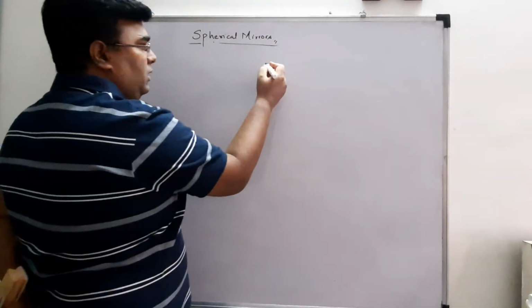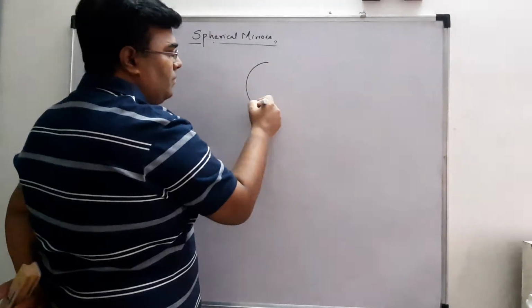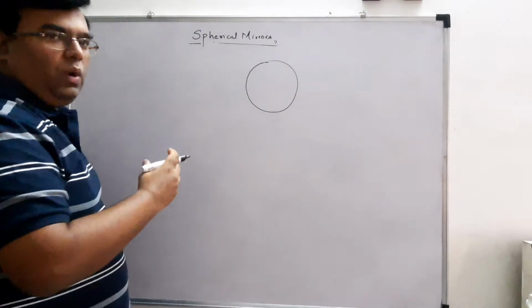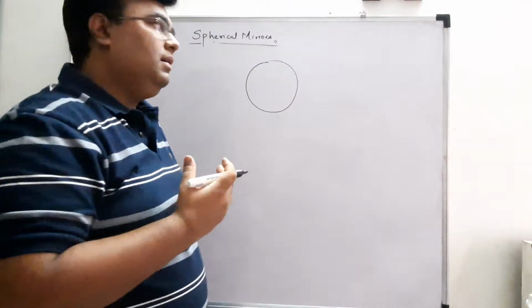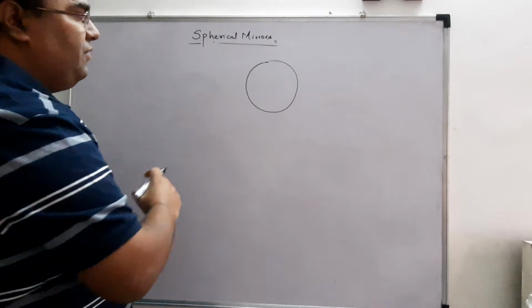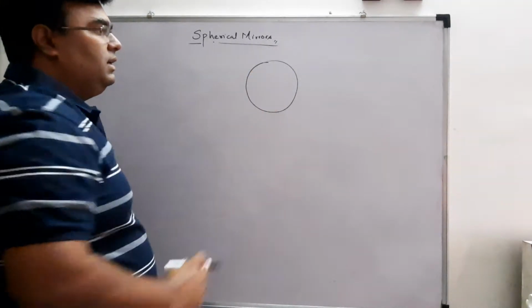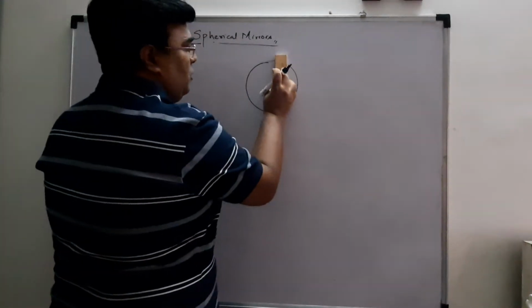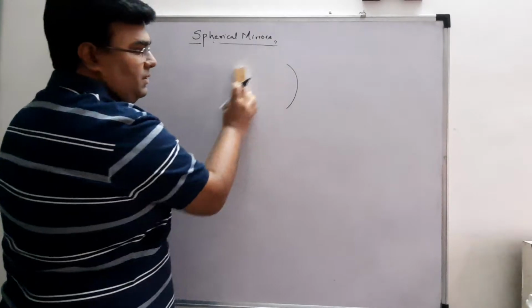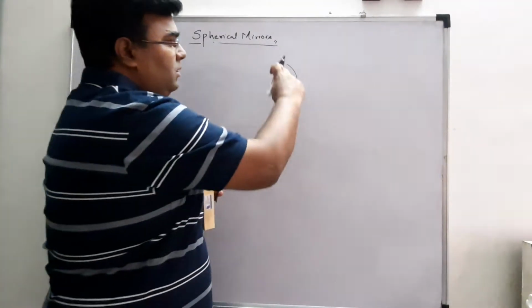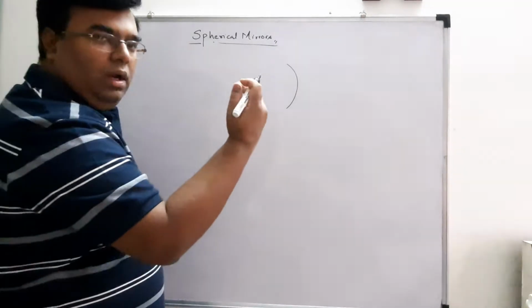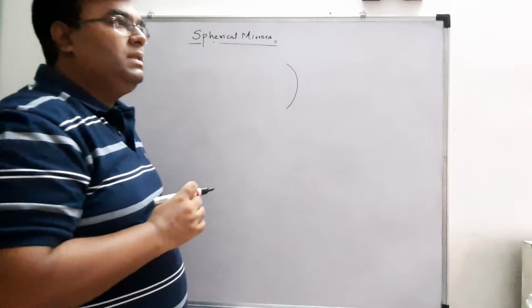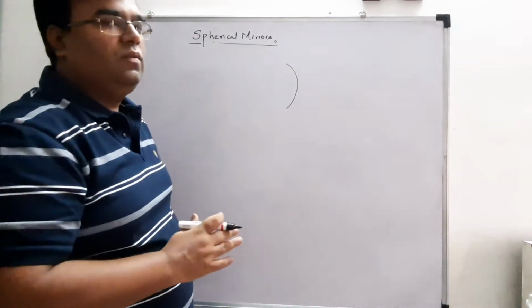Suppose there is a hollow sphere. I can only draw a circle, so you have to imagine that in two dimensions this is a sphere, a hollow sphere, nothing is inside. And if you cut this sphere like this, you will get this curve, a bowl type structure. To make a mirror, we basically polish one surface of the glass